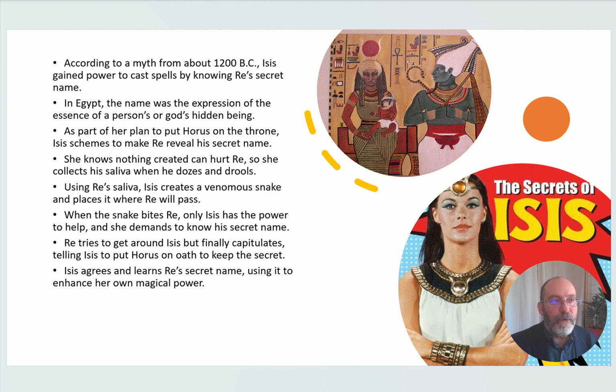She's thought to have been wise, but I want to say more than wise. She's extremely intelligent. She's crafty. She is a sorceress. And as a sorceress, she casts spells, works of magic, and she actually gains a large part of her power from tricking Ra. So she's able to learn his true name and then acquire his power. So that's what makes her so great.